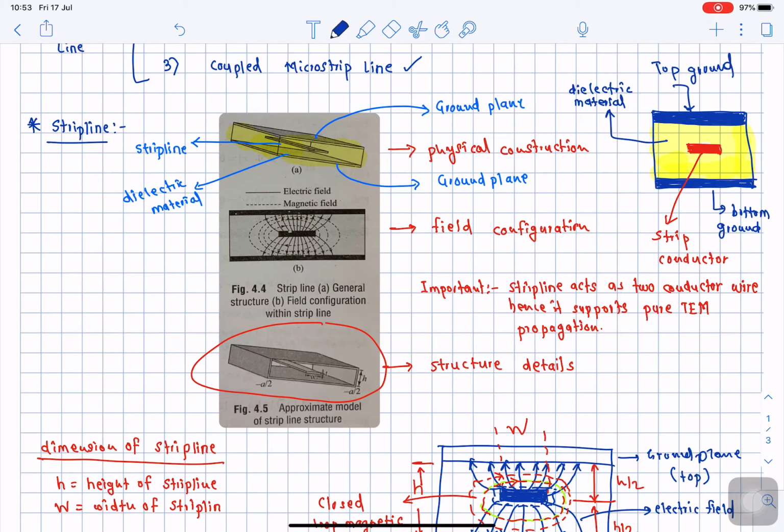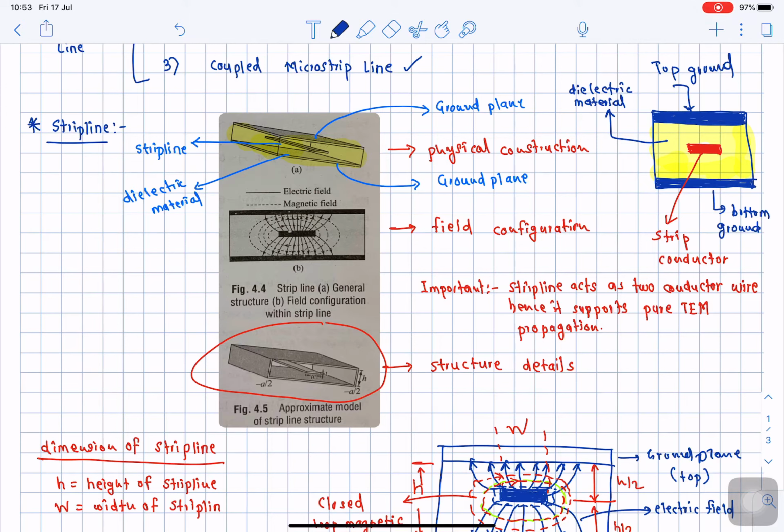Now again I will draw it, the cross section, how it looks like. I will draw the cross section so that it is easy for you to understand. So let us say this is your substrate material or the base material. Okay, so the base material, at the bottom we have a conductor. So this is a conductor. So the conductor material I will highlight with the red color so that it is treated as a conducting metal. So this is a metal, right? Whichever part I am showing with the red color.